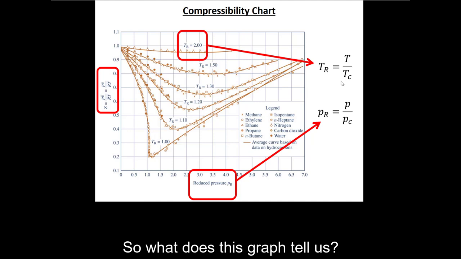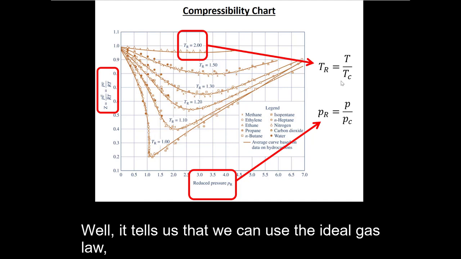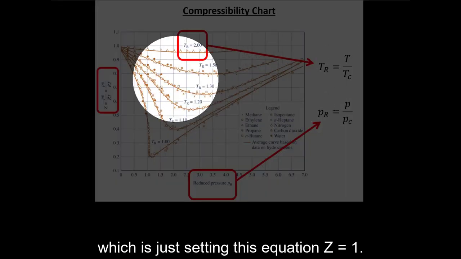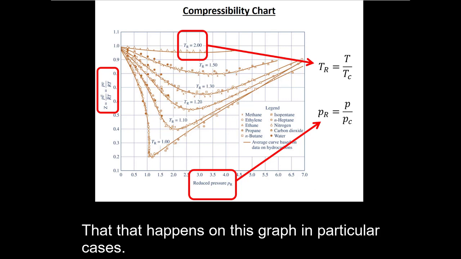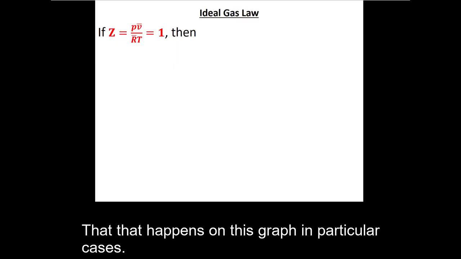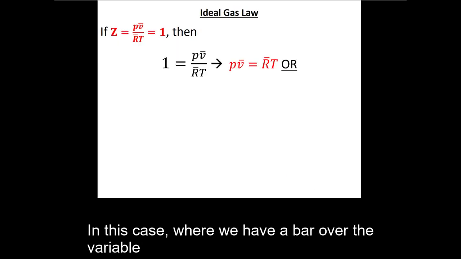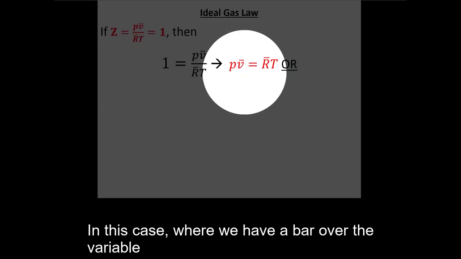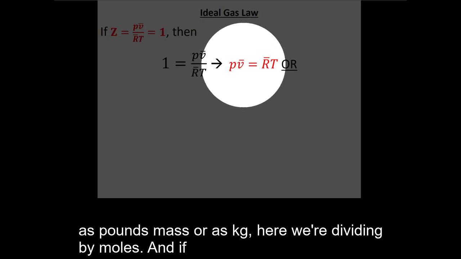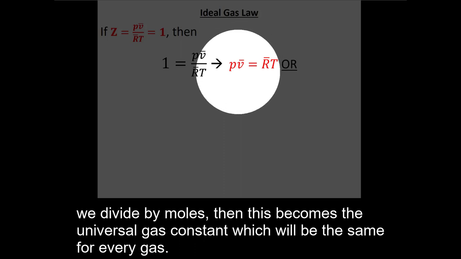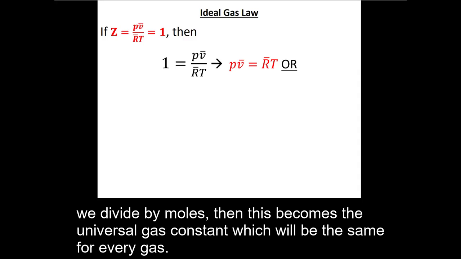So what does this graph tell us? Well, it tells us that we can use the ideal gas law, which is just setting this equation, Z equal to 1, that happens on this graph in particular cases. In this case, where we have a bar over the variable, this is still specific volume, but instead of defining the stuff that we have as pounds mass or as kilograms, here we're dividing by moles. And if we divide by moles, then this becomes the universal gas constant,